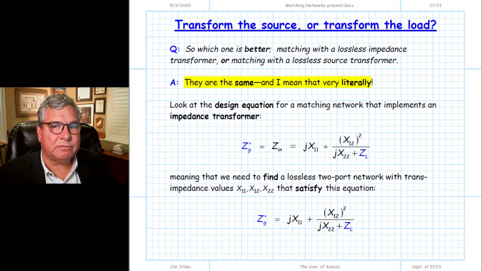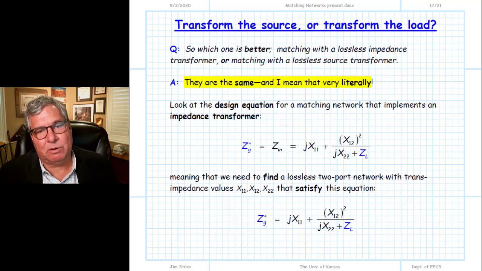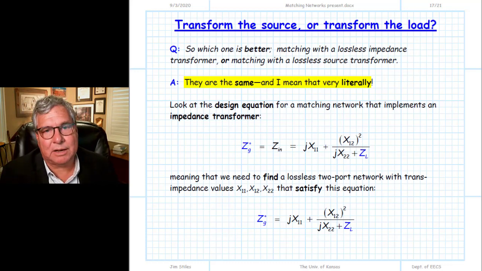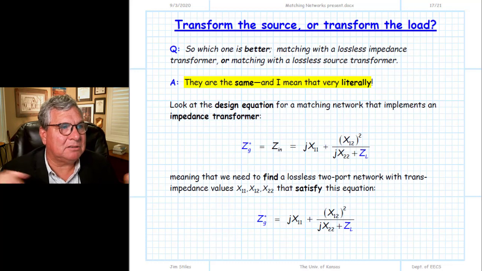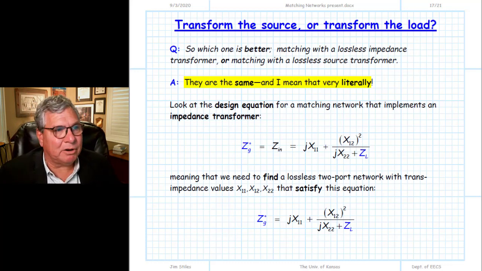So you might ask yourselves, which one is better? Should I design a matching network that transforms a source to provide a conjugate match to the load, or should I design a lossless matching network so that it transforms the load into an input impedance that's the complex conjugate of the source impedance? It turns out they're the same, and I mean that very literally. If we look at this design equation here, which is the one for transforming our load impedance into an input impedance that's the complex conjugate of ZG,